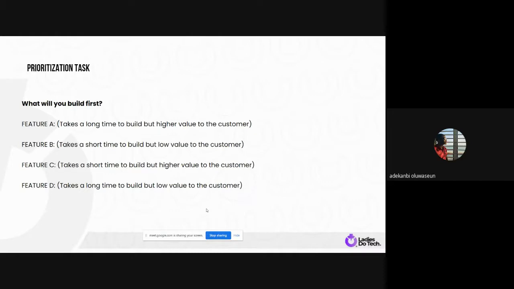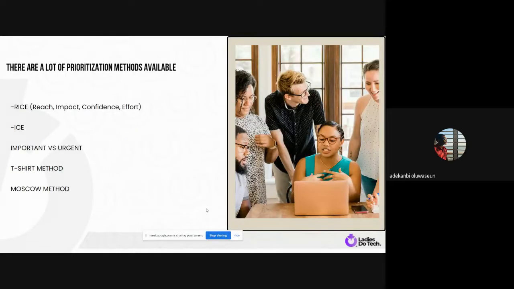A is going to be the last feature you build, right? So you're wrong. Who else? Build D last. D. It's going to be perfect. It's going to be D actually, right? Because it takes a long time and it has the lowest value. So it's more like you're wasting your time. Imagine you taking 1 year to work on something that is not giving value to both the business or the customer, then what's the point, right? So very good. I mean, you guys are already product managers. Why am I in this class again?